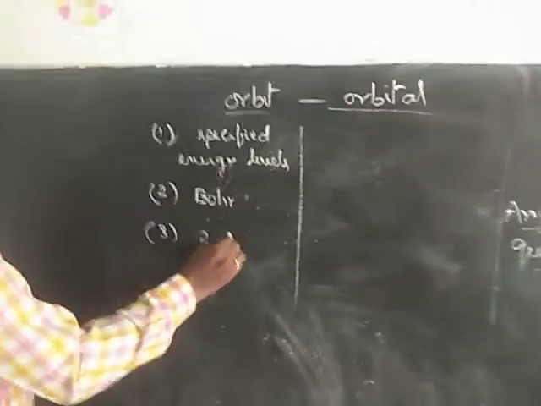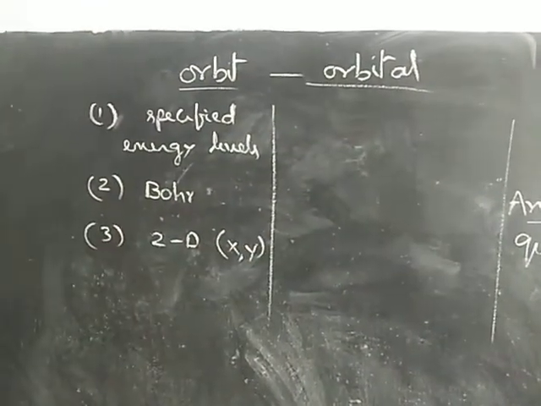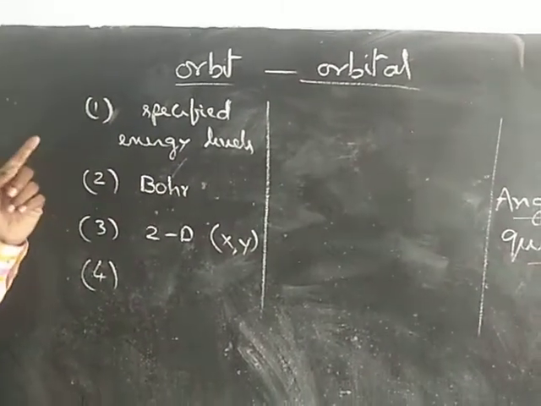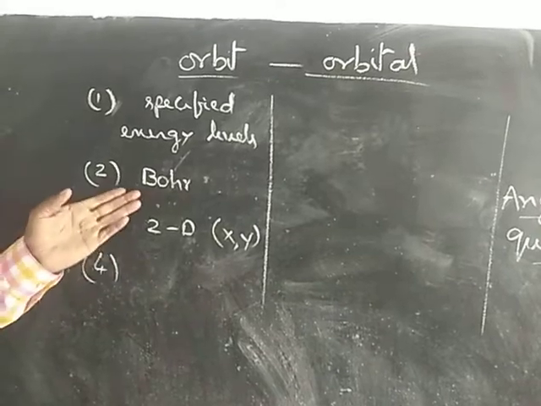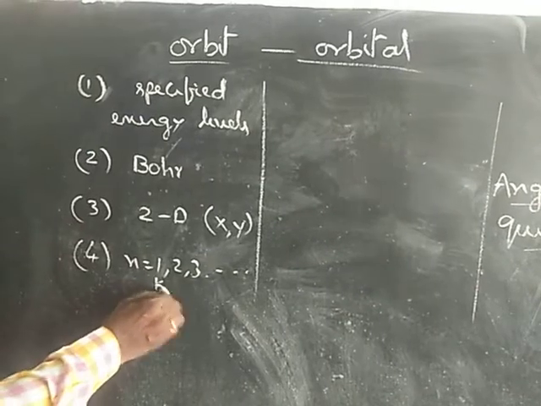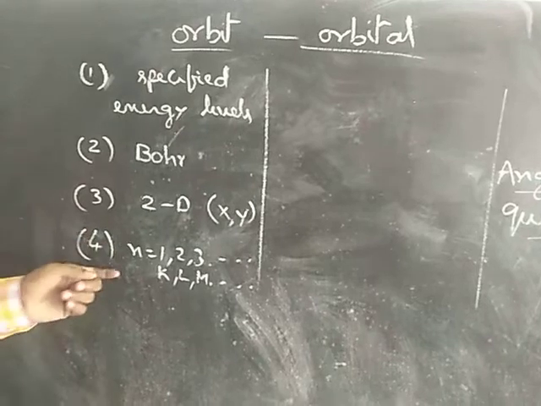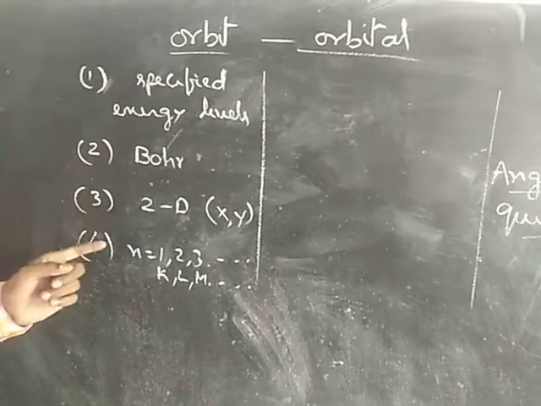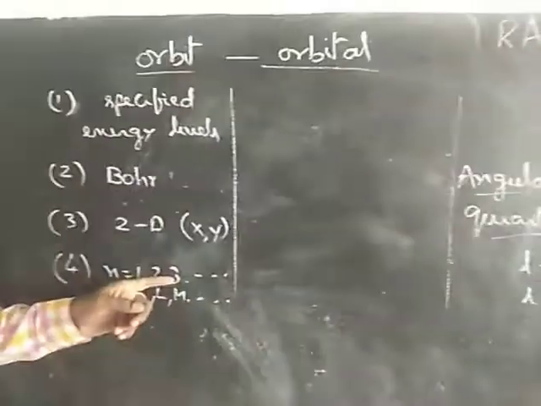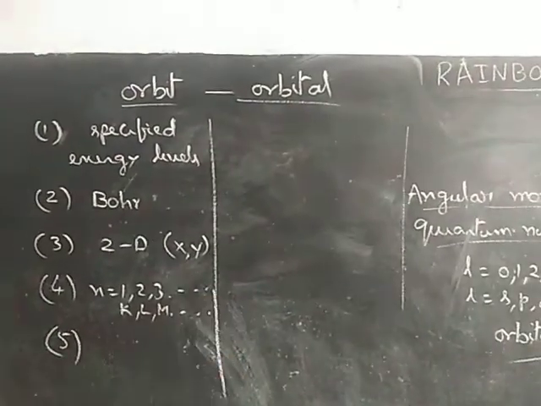These are two-dimensional. Two-dimensional means they have only x and y axes. And the fourth one is, by knowing the value of the specified energy level, that means the n value equal to 1, 2, 3, etc., that is K shell, L shell, M shell, and so on, we can say the size and energy of the orbit. Suppose n value 1 means K shell, n value 2 means L shell, n value 3 means M shell, and so on. Last point is, he could not explain